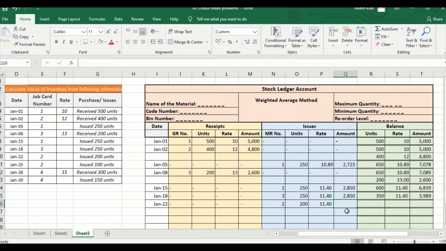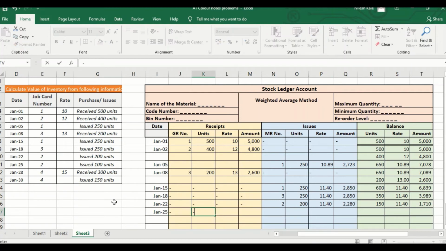Now I will use the formula 11.40. Now how much am I left with? 350 minus 200. Now what is the balance? The rate is same. I'm going to use 11.40. I'm sorry, equal to 150 into 11.40, 1710. As on Jan 25th,